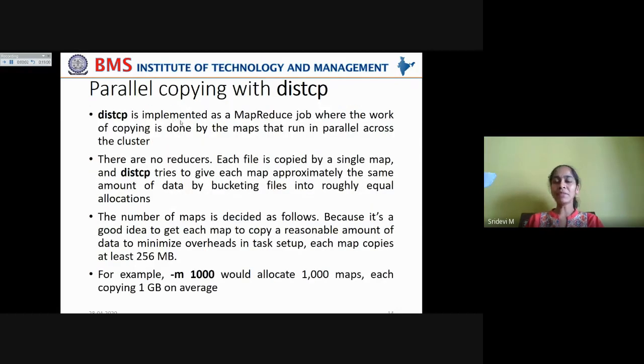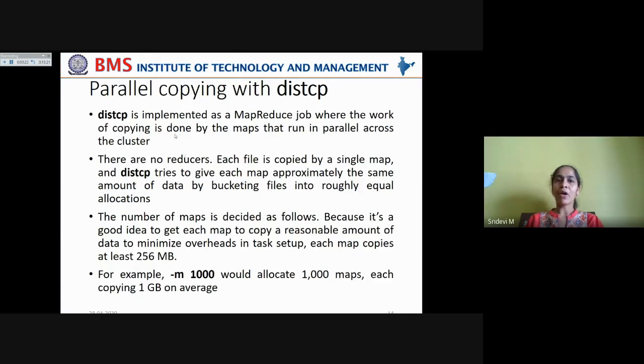Now, distcp is implemented as a MapReduce job where the work of copying is done by the maps in parallel across the cluster. Remember, multiple threads are being executed because they have to serve multiple requests from the HDFS clients.